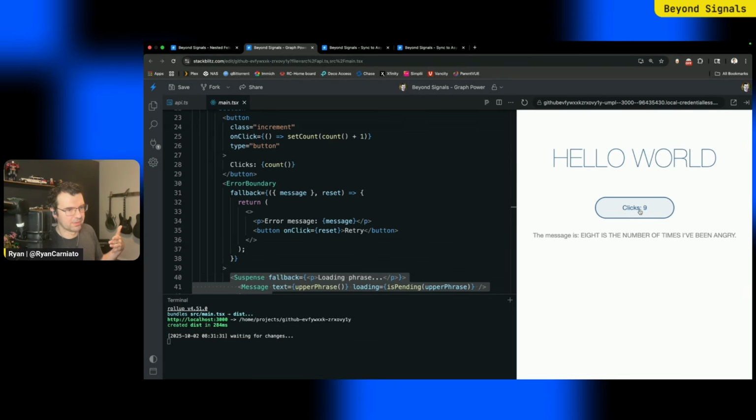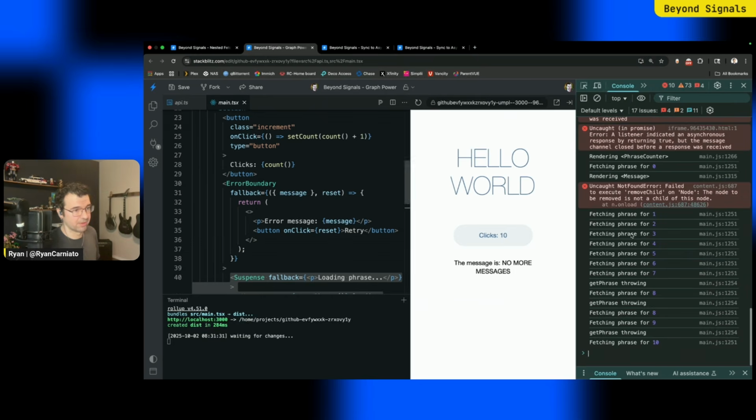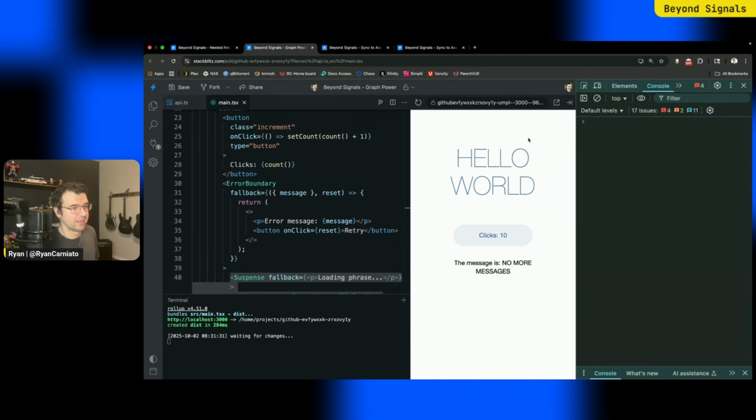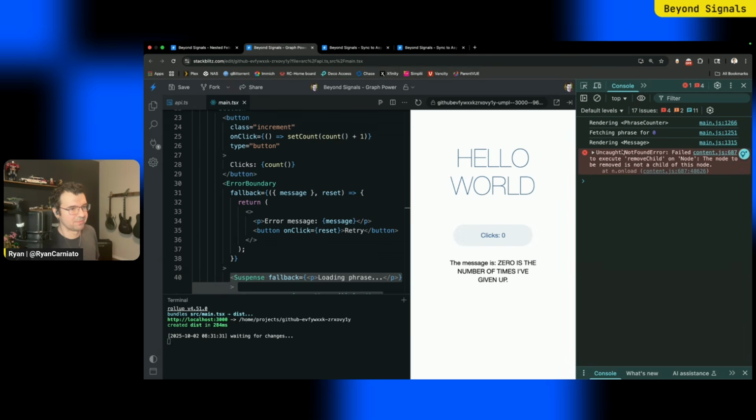So we can basically use the graph to self-heal our async here. And we can also use it the other way too. If we don't click reset and we just click the next number, it also has the ability to heal itself. I think what's really powerful about this, and I'll show this really quickly if I can, is when I refresh the page, you see that we have console logs for when it renders the original components.